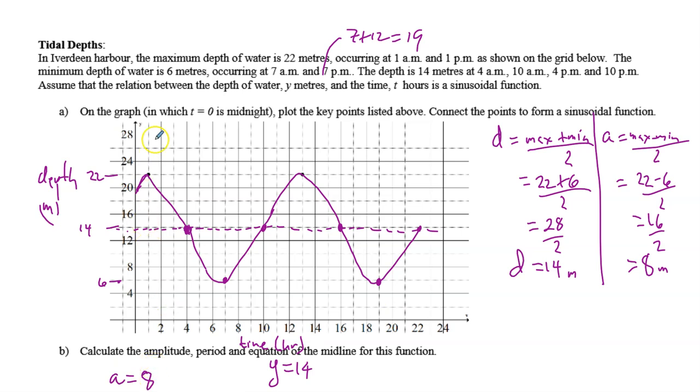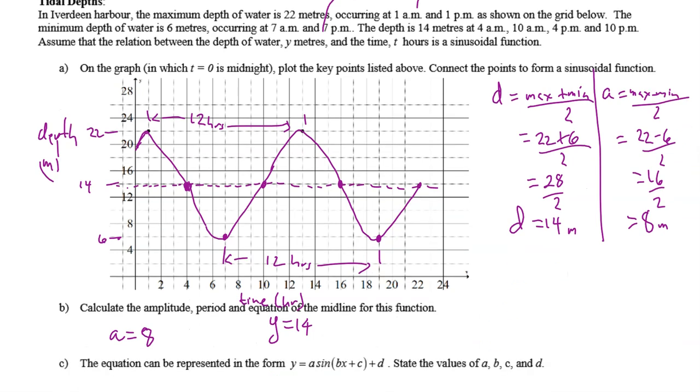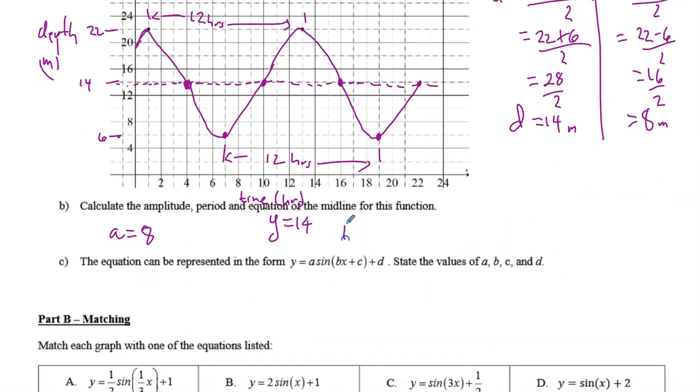And the period, well, we can go from a peak to a peak. So we're going from 1 to 13. So that's 12 hours. You can also go from the bottom at 7 to the bottom here at 19. That's also 12 hours. Okay, so that gives us the period. So period